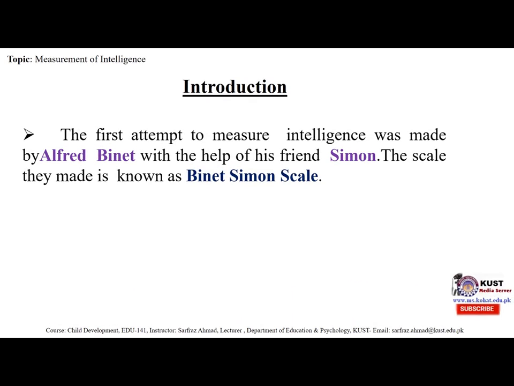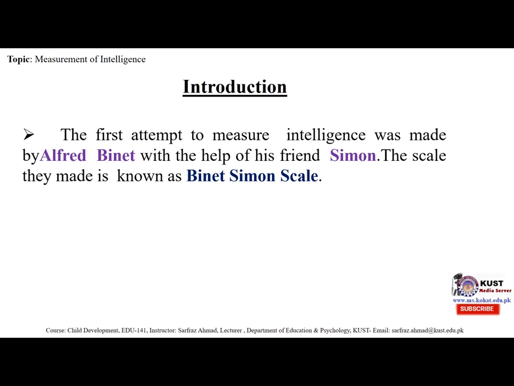The first attempt to measure intelligence was made by Alfred Binet with the help of his friend Simon. The scale they made is known as the Binet-Simon scale. In the early 1900s, the French psychologist Alfred Binet, who was born in 1857 and died in 1914,